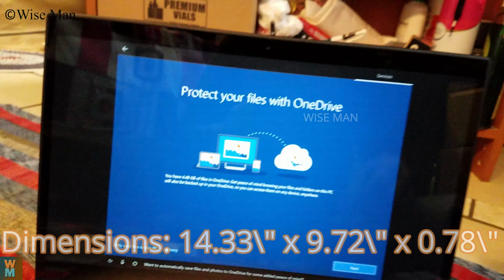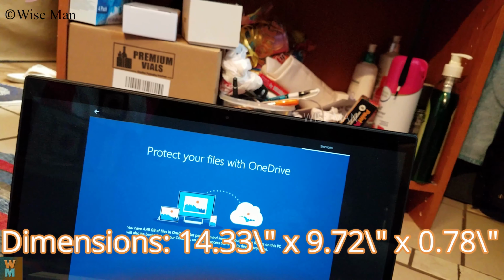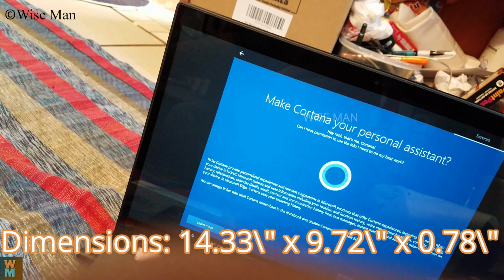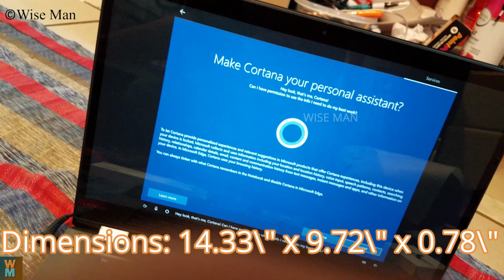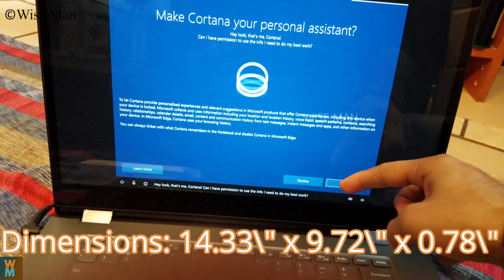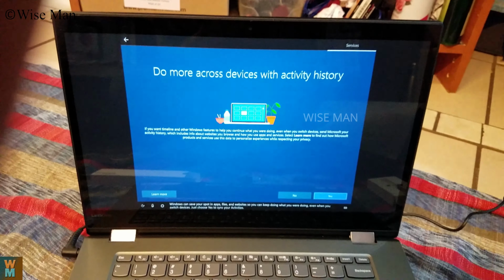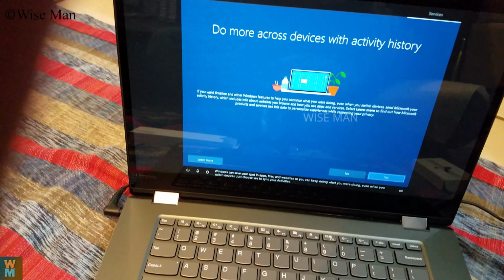Want to automatically save files and photos to OneDrive for some... Hey, look, that's me, Cortana. Can I have permission to use the info I need to do my best? Windows can save your spot in apps, files, and websites, so you can keep doing what you were doing, even when you switch devices. Just